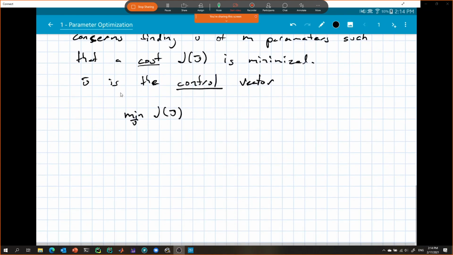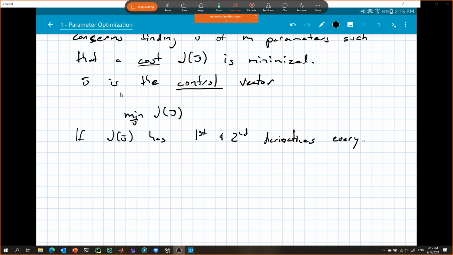And this should be pretty straightforward, right? It's just you apply calculus. So assuming J of u has first and second derivatives everywhere, the necessary conditions for a local minimum are,